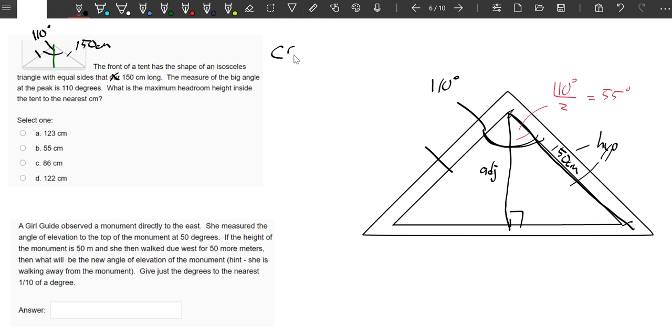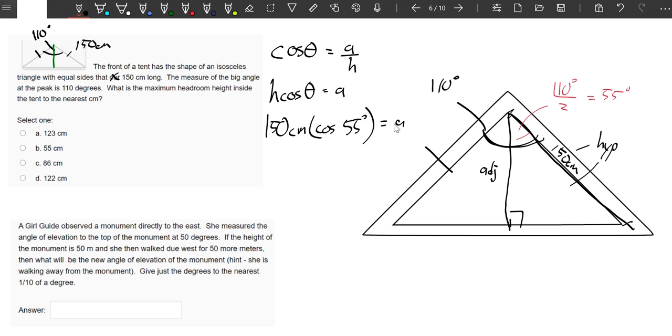With hypotenuse and adjacent, that's going to be cos. I'm looking for the adjacent side, that's what I'm searching for. So I'm going to solve for A. The hypotenuse was 150 centimeters, times the cosine of my little angle there was 55. And if I take the cosine of 55, that's 0.57. And if I multiply that by 150, I get